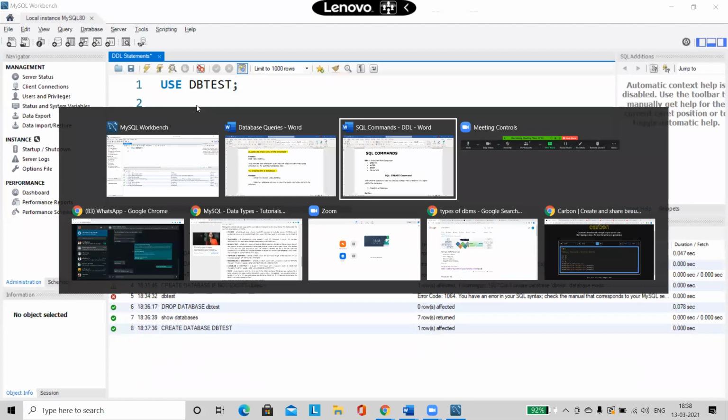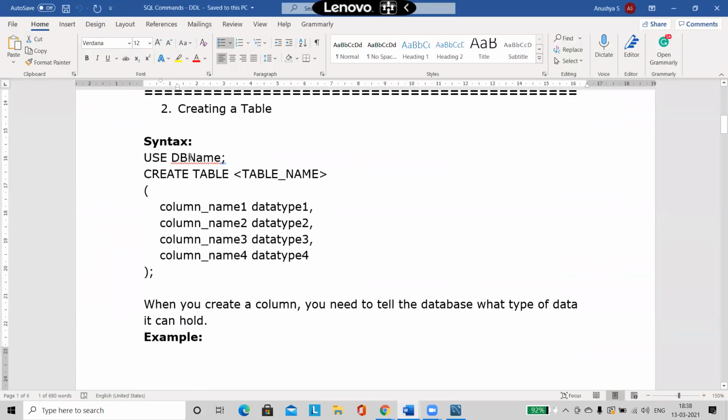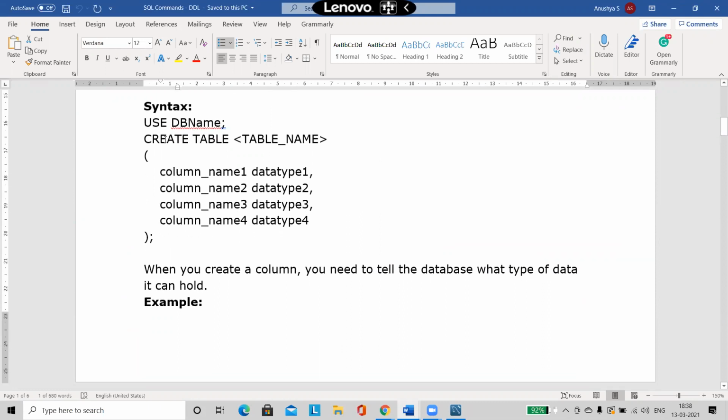So now the second command, what I should be knowing is how to create my table. So always remember the syntax, create table followed by the table name. So again, table name is your choice. Whatever table name you want to give, you can give that table name. Followed by the parenthesis. So remember, you're going to use the parenthesis. Within the parenthesis, you will mention the column name, space, followed by the data type of the column.